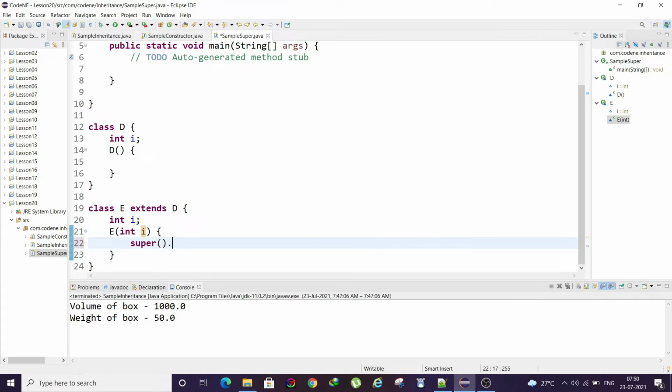If we write super.I equals, let's say, I. Yeah, we need the J. So the other I will be like this. Now let's instantiate this object. It is throwing some error. Let's rename it so that it's easier to understand. We'll just rename it A and B, then we'll assign A here and we'll assign B here. And it will work like this.